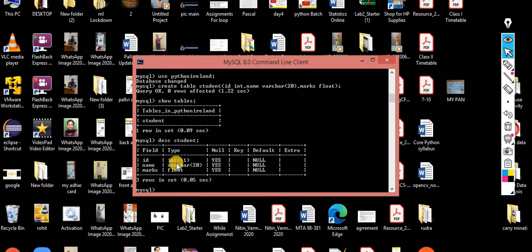Perfect. Now you can check it out. Sir, there is one field, the type is int, another field, the type is varchar, and another field is marks, which is null. Yes, sir, it accepts null values. I didn't put a default value because this time these are empty. Whenever you leave it, it will become empty. So now I understand this point: how I can create a table, how I can show the tables, how I can describe a table.